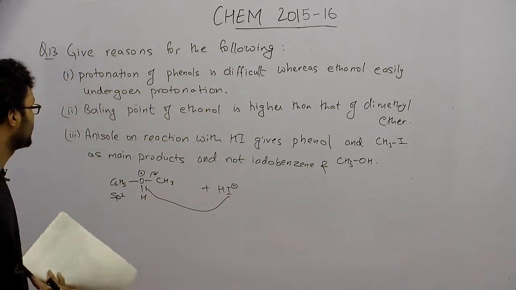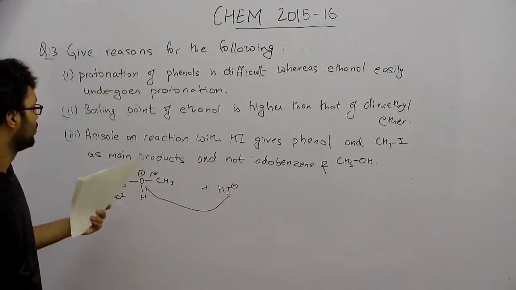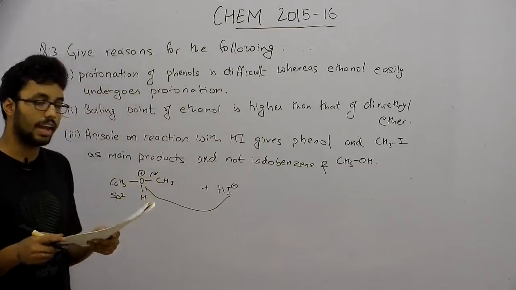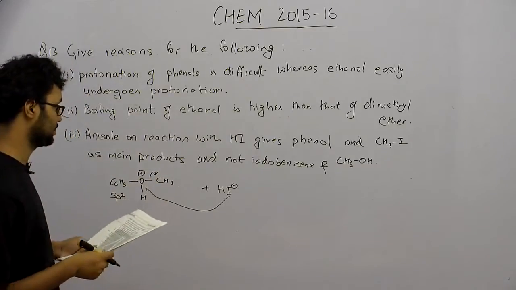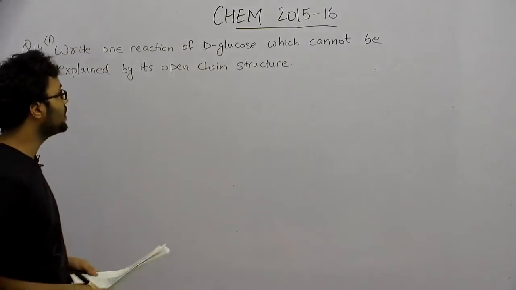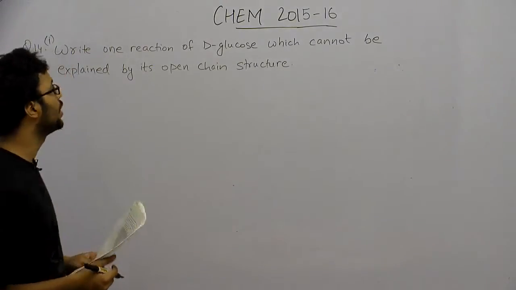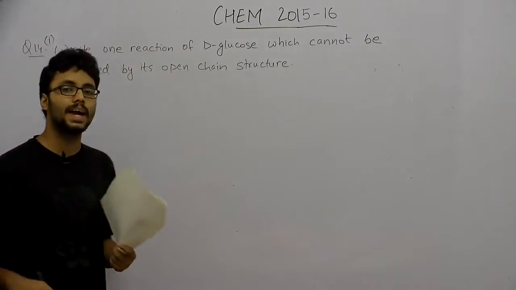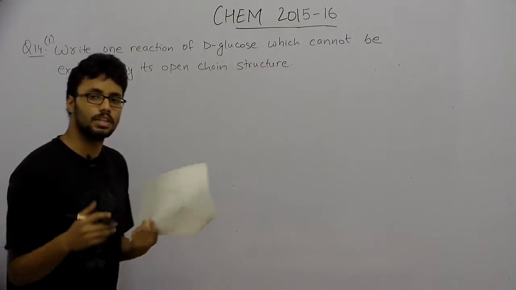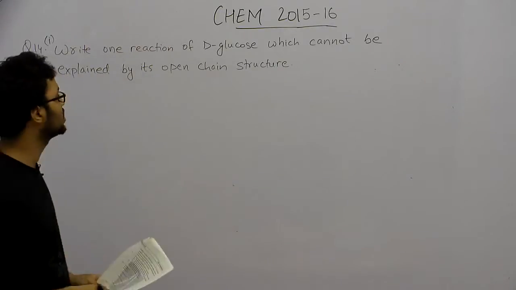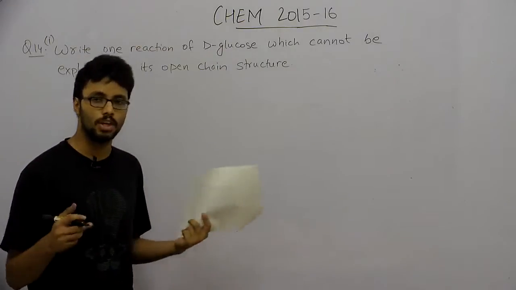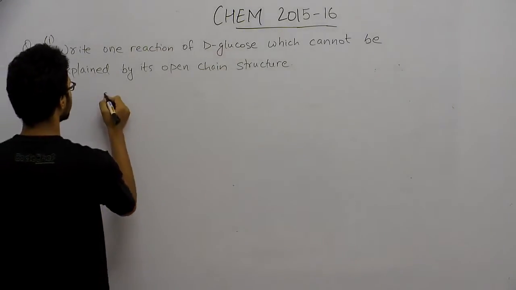So we get phenol and CH3I as main products. So the next question is, write one reaction of D-glucose which cannot be explained by its open chain structure. So here we will see a few reactions that do not fit the open chain structure of D-glucose. So first one is,